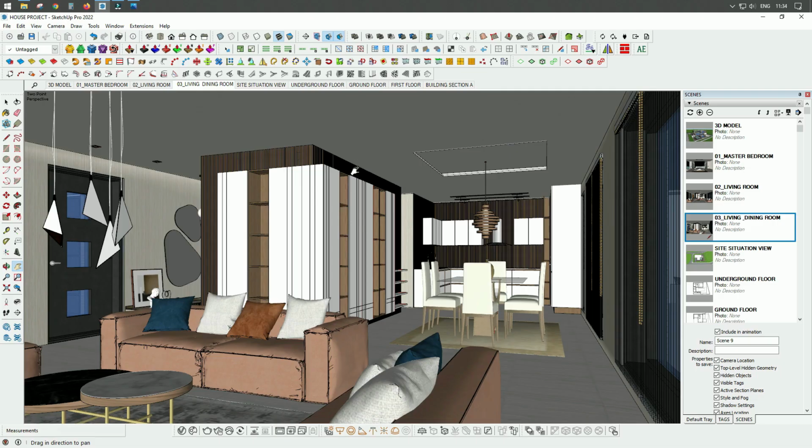Click enter, and automatically actually you have this scene here, and it is listed here, and as you can see the name is still scene 9, but here is listed as 03 living dining room. So I will save